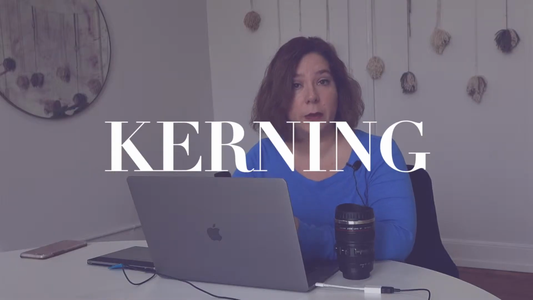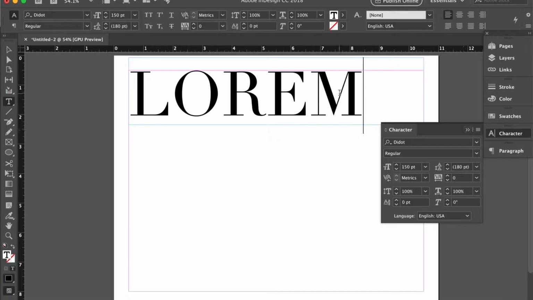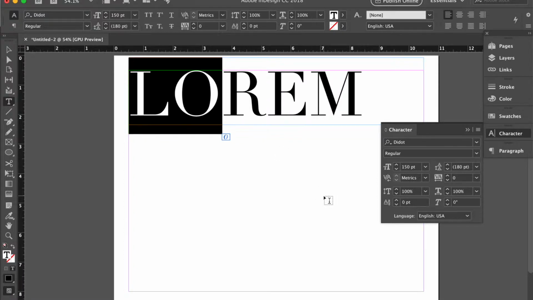Kerning is a little more detail-oriented, and it's really important if you're working on a heading that's just a few lines long, or a logo, or anything where there are fewer letters and unsightly negative space between those letters is going to be really noticeable. You'll notice that if I select multiple letters, even if it's just 2 letters, and go down here to kern, I only have 2 options. I have optical and metrics, and these are 2 built-in defaults that InDesign has, but it doesn't give me the option to put in any custom values.